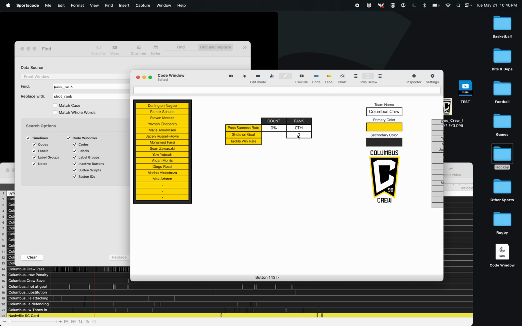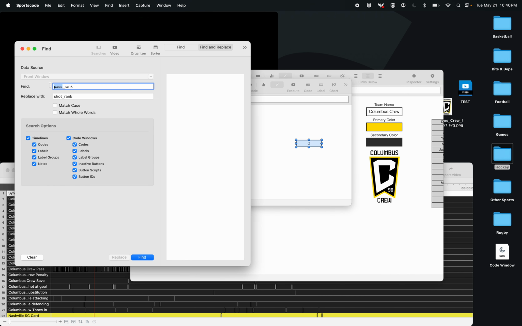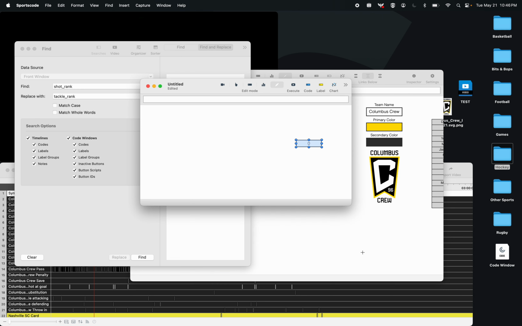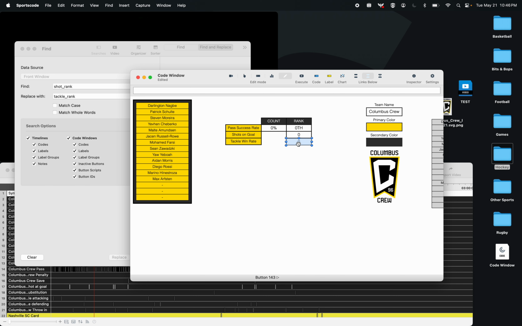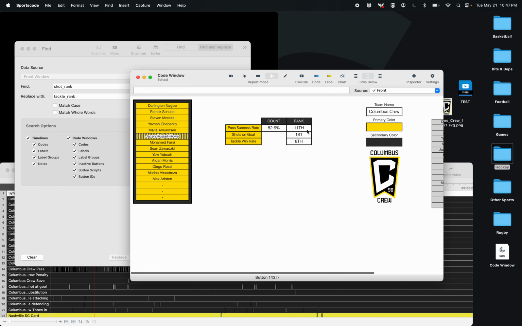Last button, and it will be done for today. Shot and tackle. Alrighty. See, that's right. First, second, first. So we go to like Jason Russell Rowe. 11th, 1st, 8th,